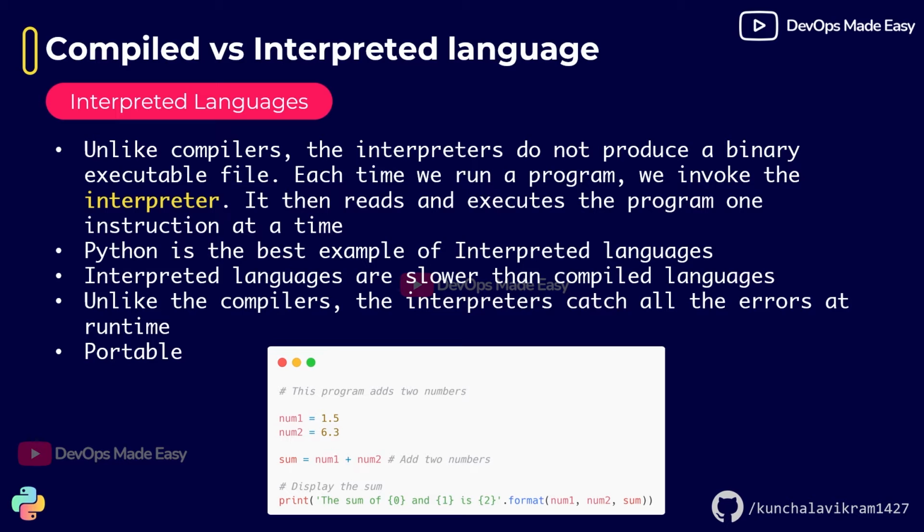That means unlike the compilers which usually generate your final executable, the interpreter takes your source code in real time, runs line by line, and then gives you the output. So Python is one of the best examples of interpreted languages. You can also call shell scripting an interpreted language, and interpreted languages are usually slower than compiled languages